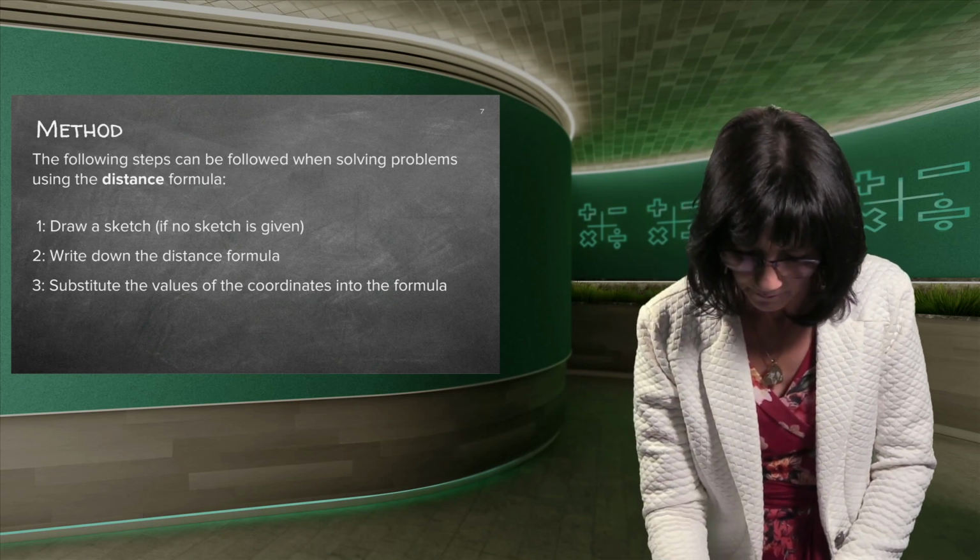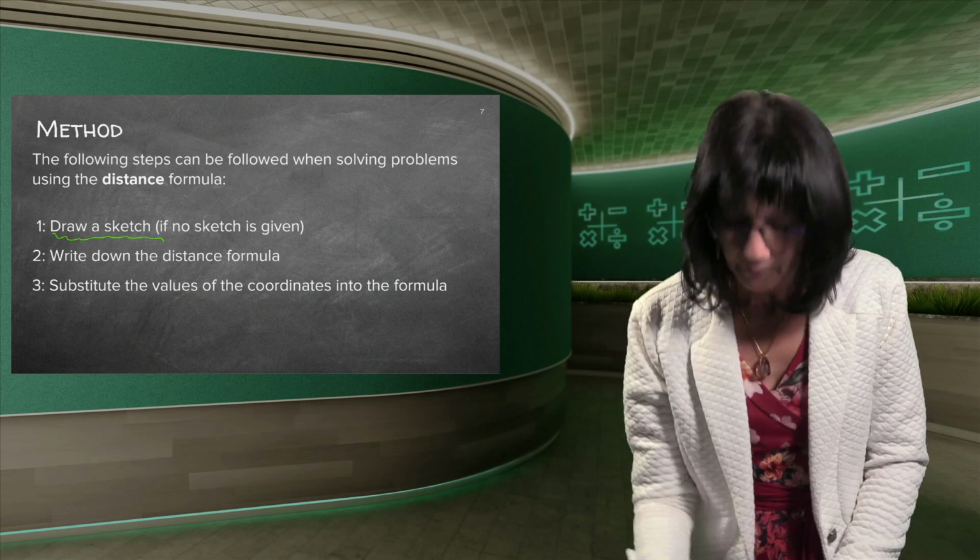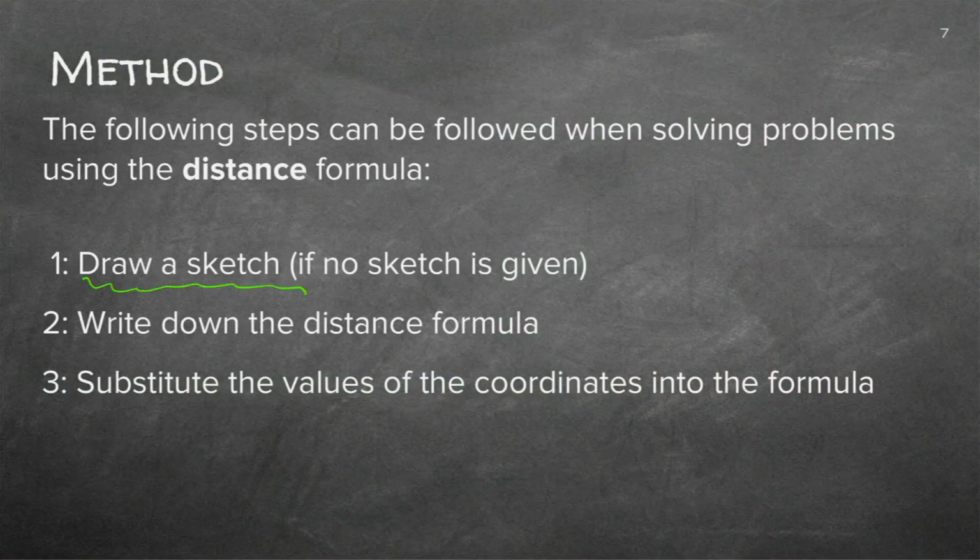So let's look at the sketch. Draw a sketch if it's not given. But I'm going to write here only a rough sketch. You do not spend time on that sketch. As I say, we're not giving you marks for that. It just helps you with the question. So it's very important in all analytical geometry that you draw a sketch first. Good. Then you write down the formula.